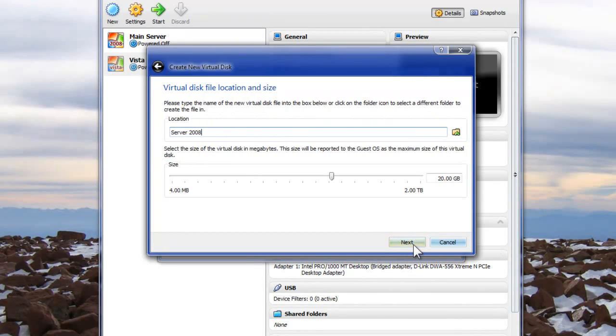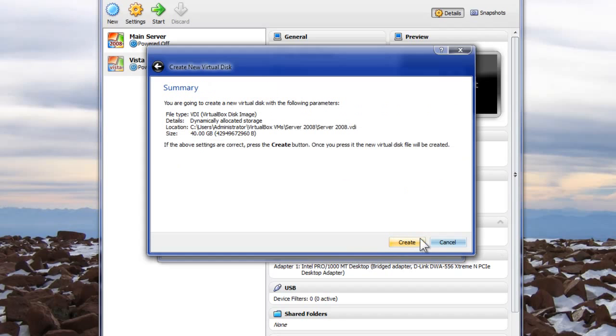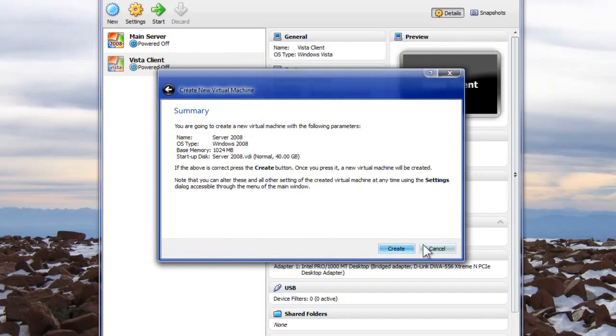So we'll click next again. This is where you select your hard drive size. I will go up to 40 gigs because I have 2.5 terabytes of internal storage. You click next, you create,